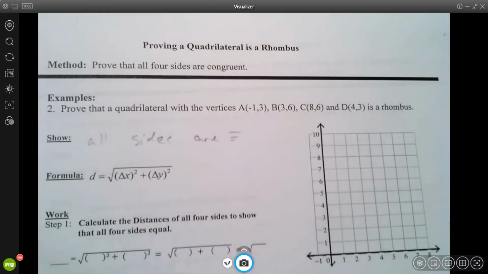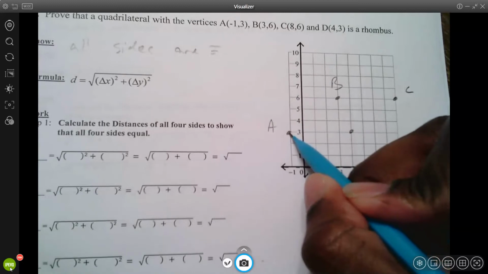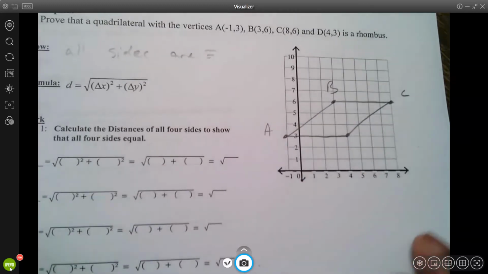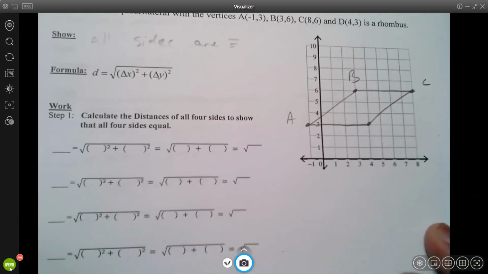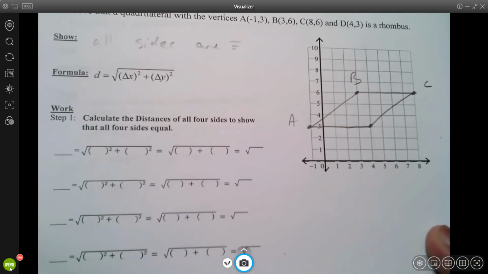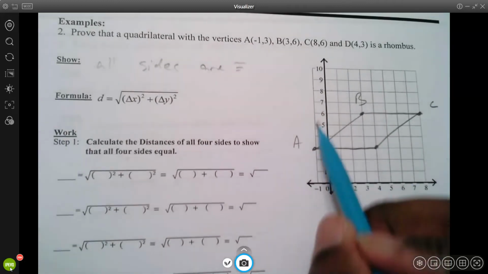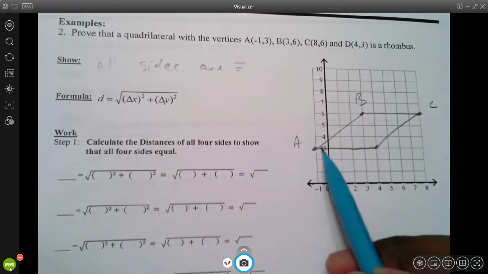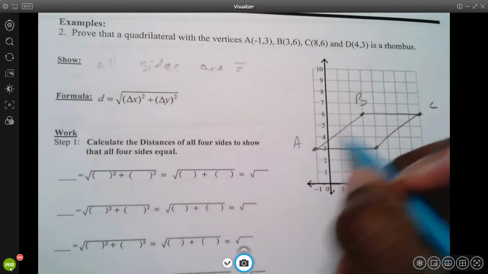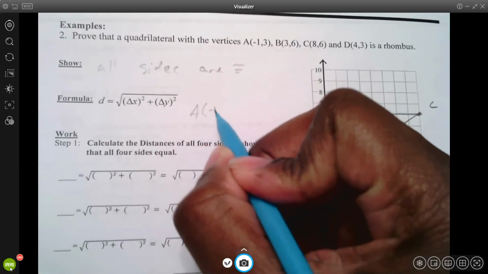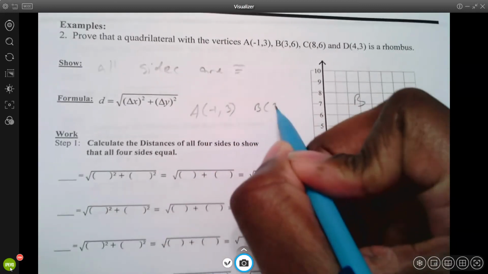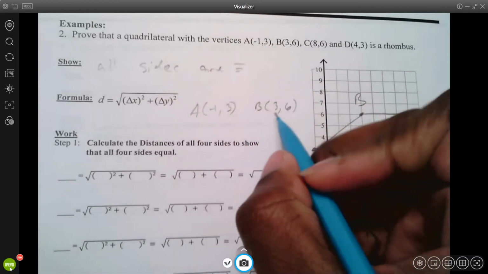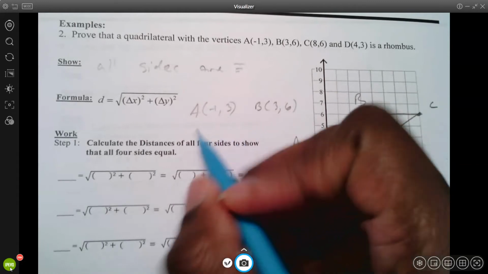So let's plot these points. All right, so this is the shape. And we want to prove that all sides are congruent to each other. So they gave us coordinates. I could make right triangles, but I'm going to use the distance formula. So I'm going to do each one of these with distance. So we find the distance from A to B. A's coordinate is negative 1, 3. B's coordinate is 3, 6. So the distance from A to B